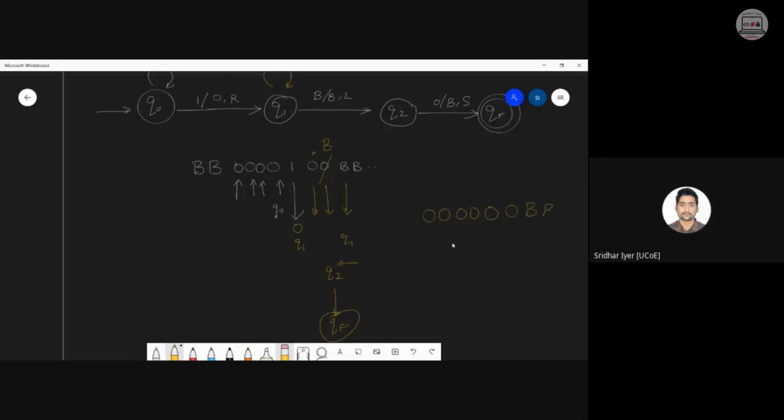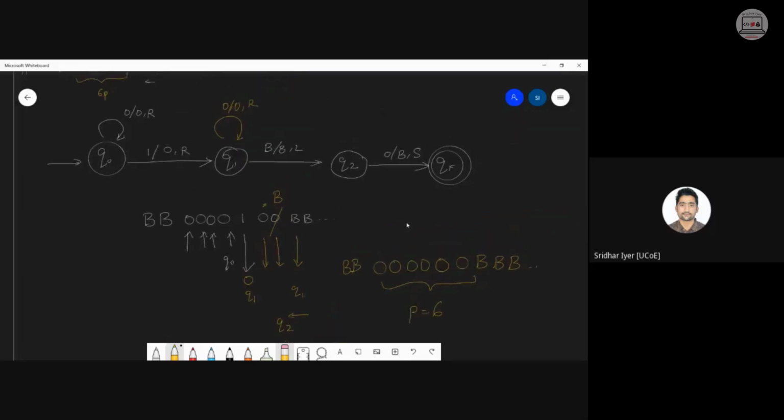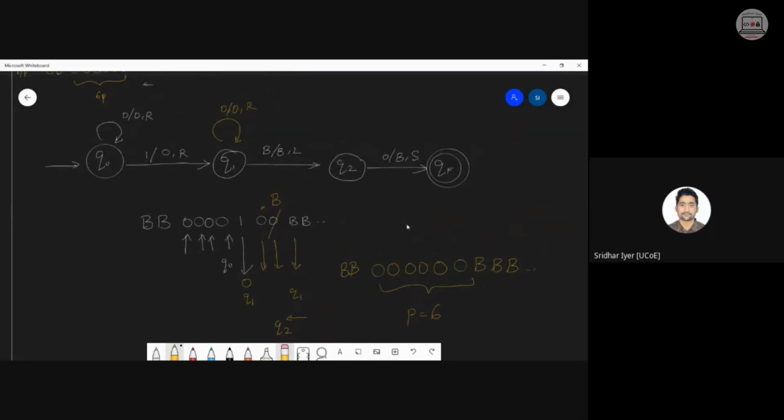तो in short अभी आपके पास 3 blanks होंगे end में और start में 2 blanks. So how many bits are there? There are 6 bits. So P is equal to 6. So if we add 4 and 2, we will get the answer as 6. Am I clear now? समझा ये सबको कैसे किया? बहुत simple logic है. Just add this loop over there and everything is done. Clear? Any doubts with this?